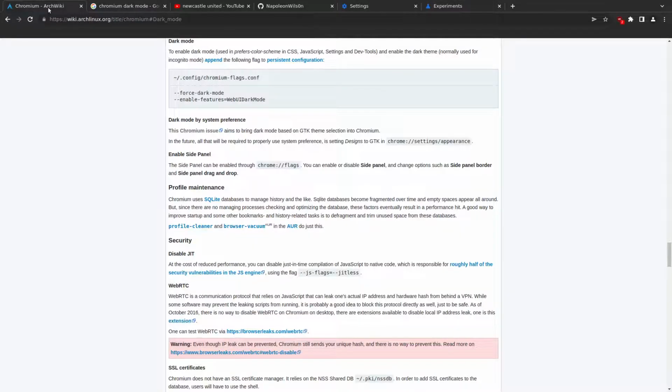And what the Chromium wiki and the Arch wiki Chromium page suggests, as I say, is creating this file with these options in. But what I found was it was a bit hit and miss. Sometimes it worked, sometimes it didn't. So what I'm going to actually suggest is the way that I do this is by